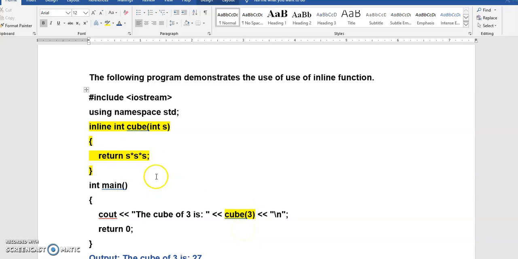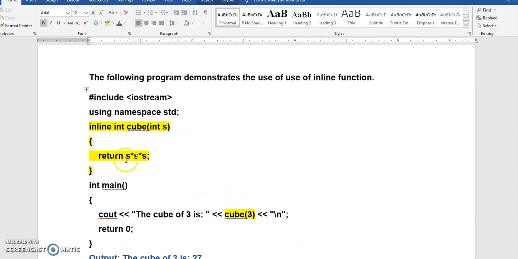So I cannot have a loop statement. I cannot use a switch statement or goto statement, because substitution becomes very complex in the case of inline functions if I am using all those statements. So it is better to have simple statements like this in the inline function. Then I can use inline instead of a normal function, because for a function with a single statement, a normal function consumes more time in switching between these two areas, from here to here, from here to here.